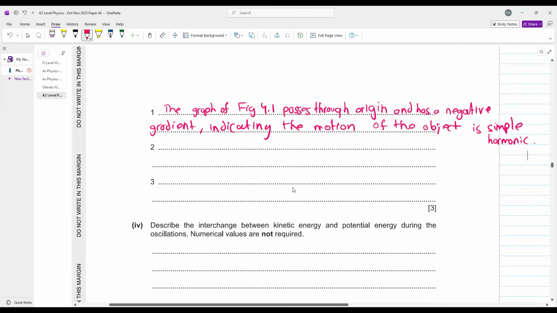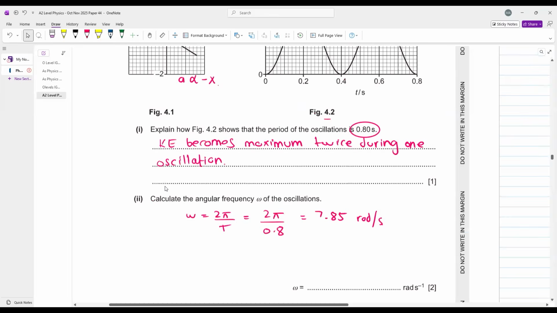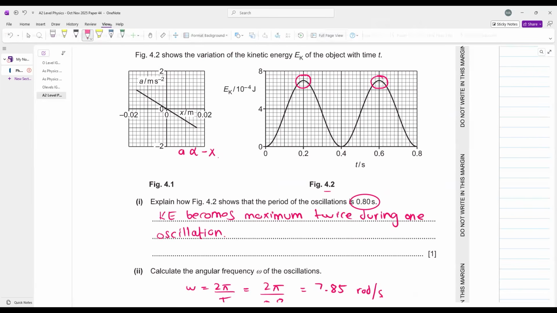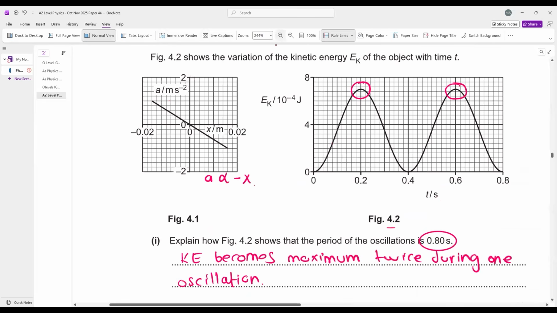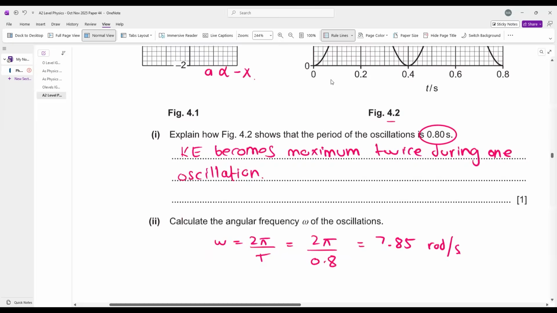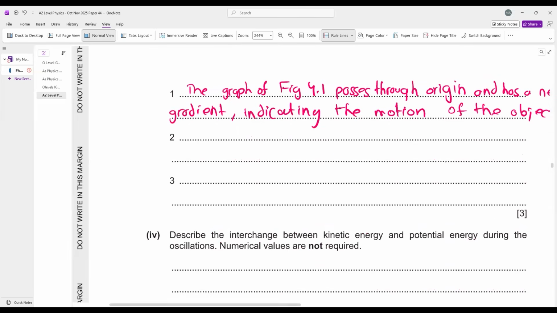Okay, what else can we write? If you realize, you can also calculate the amplitude. This thing is your amplitude. This is 0.01, 0.12, 0.14. This will become 0.16. You can say the amplitude